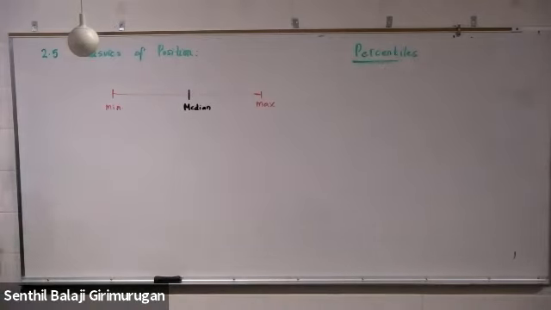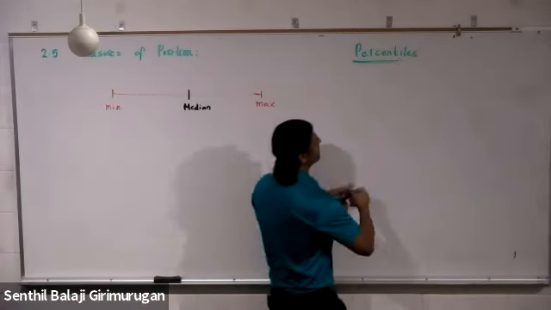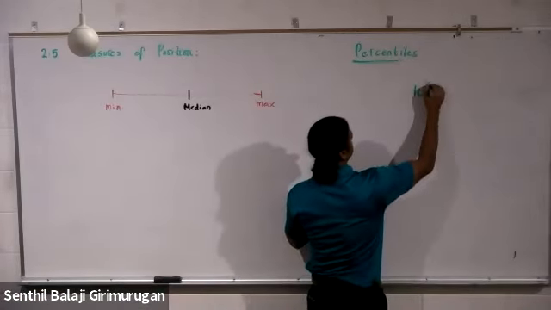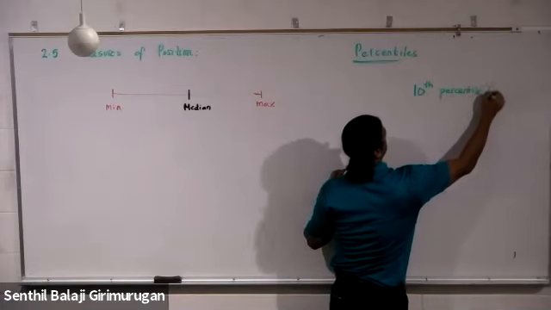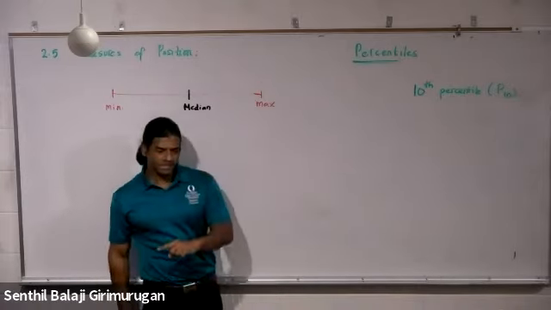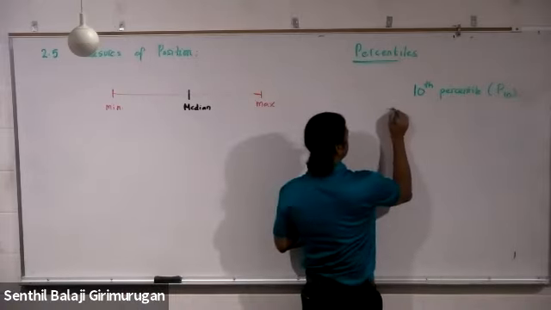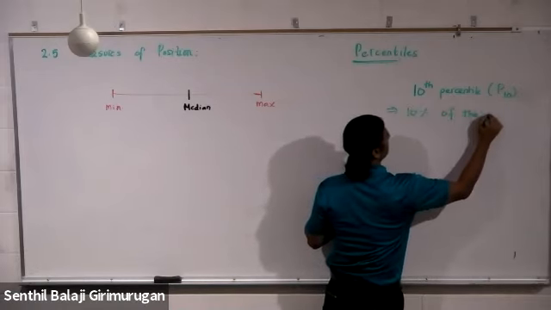So we call a number a certain percentile depending on the percentage below that number. So if I call an observation the 10th percentile, typical notation is P10. That would imply 10% of the observations